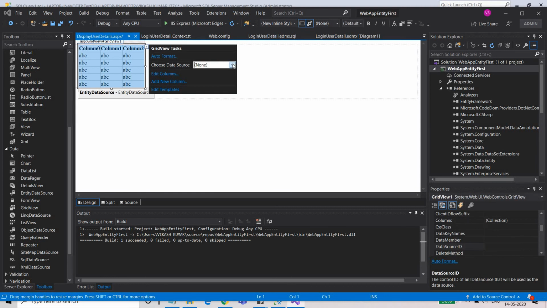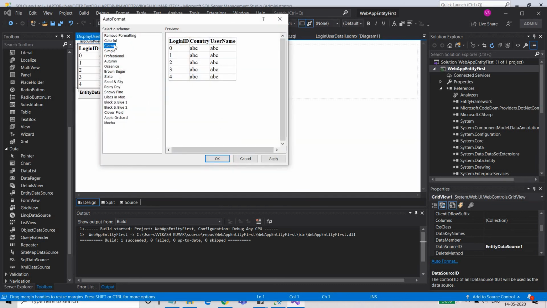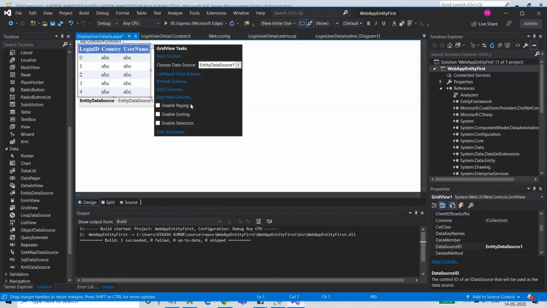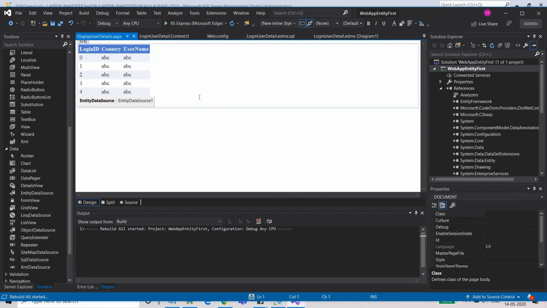Now we are just going to add this entity data source here, and we just want to make it a bit beautiful. So I'm just going to select the classic theme and then just apply OK, and the data source I have already provided, and that's it. We are done. So now just rebuild it, or you can say build it, and then just run it.